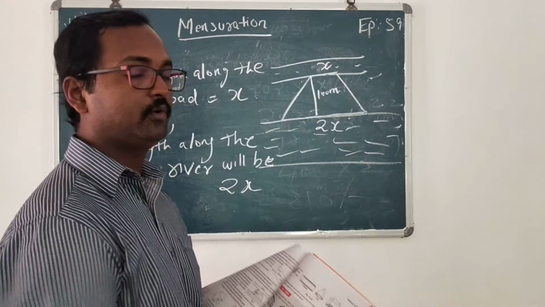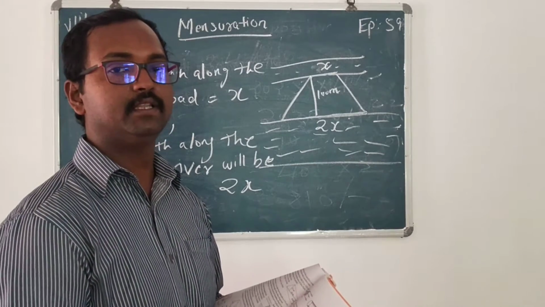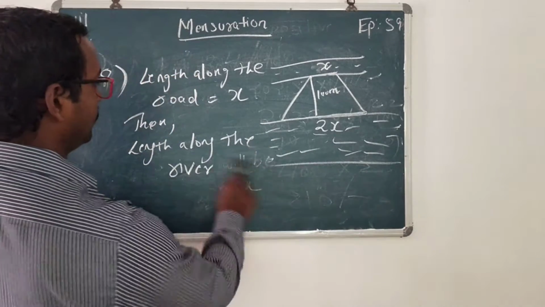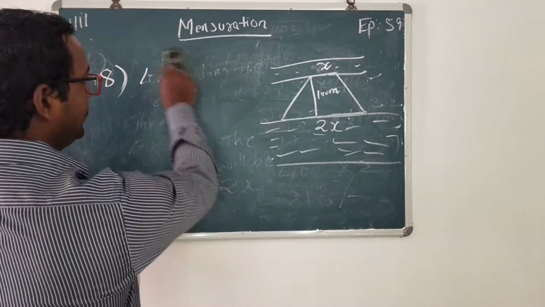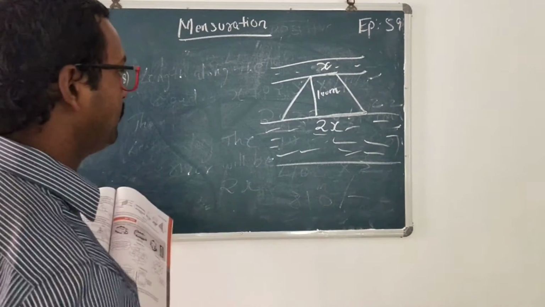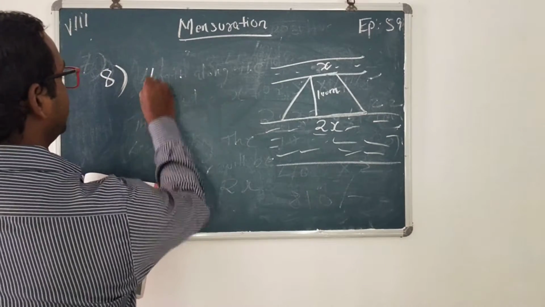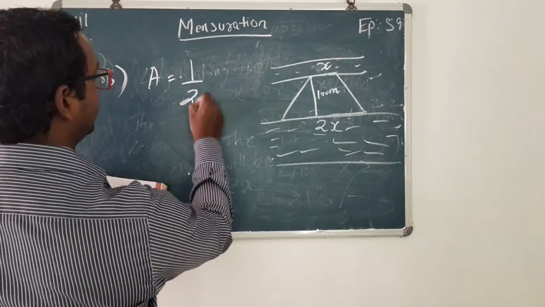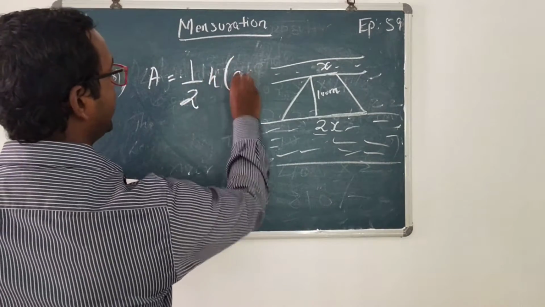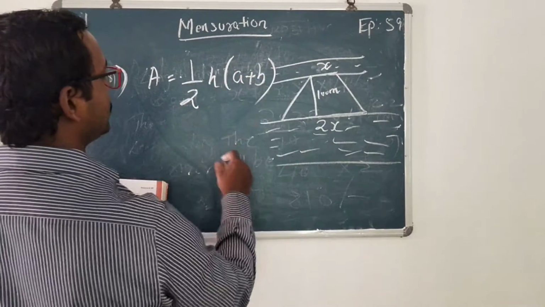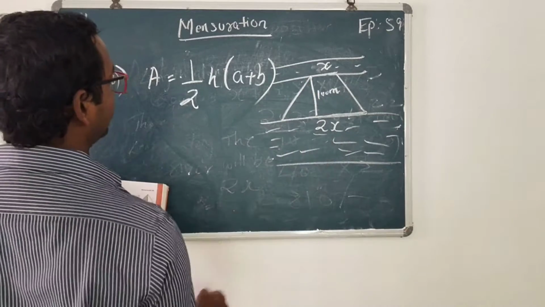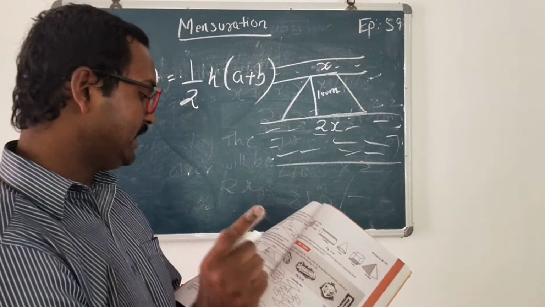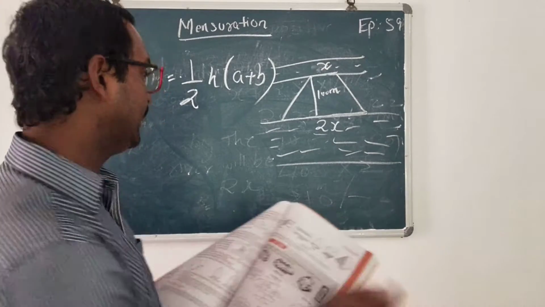Okay. Now what I am going to do is apply them in the formula of trapezium. Because it is given that it is a trapezium, I am going to apply the area of trapezium formula. So the area of the trapezium is half h into a plus b. So a is this side and b is this side. Okay, anyway you take. So the area is given. In this case, the area is given, which is 10,500.